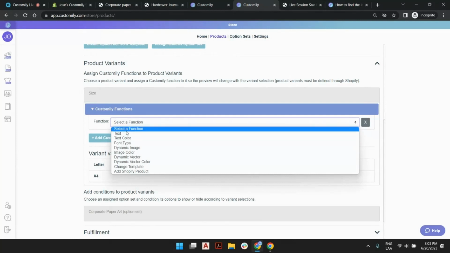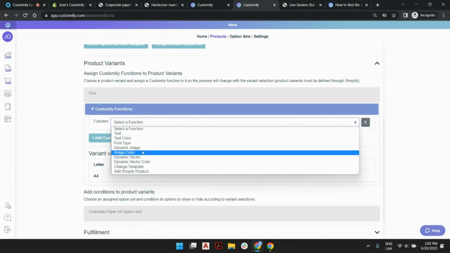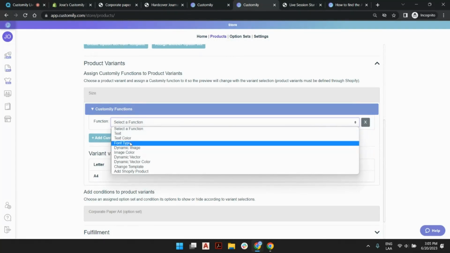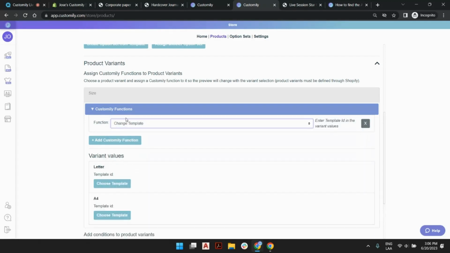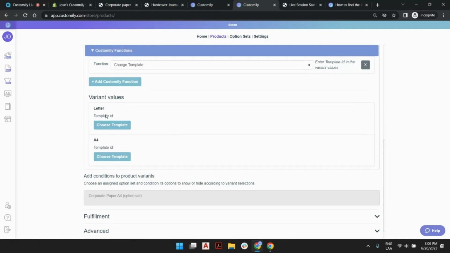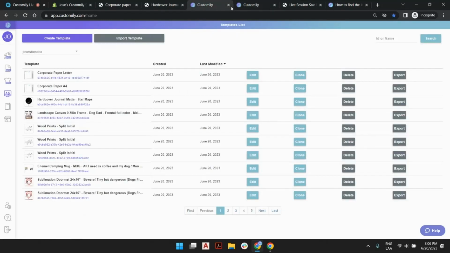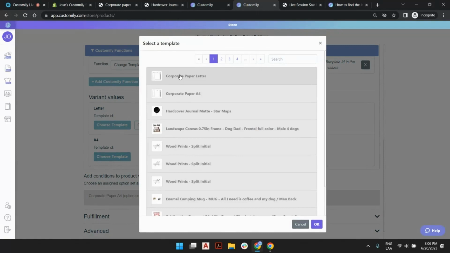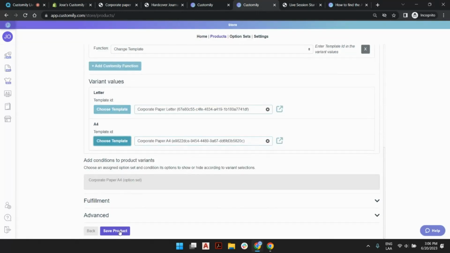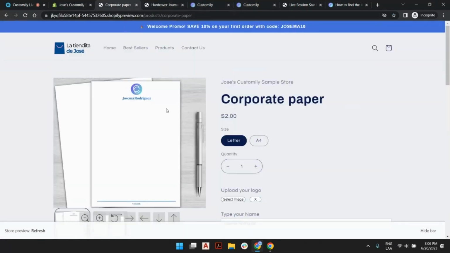This is really useful when you're dealing with variants that involve colors, right? So when you change a color, you change an image, and you change a text color, or the image color, or the vector color. But also you can change templates. Changing templates will guarantee that whatever you print, even if you see the same thing on the front end, you will print the exact size, right? So letter for letter, A4 for A4. And now, even if you maybe see always the same,